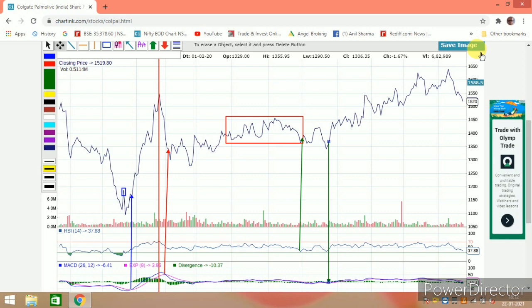Okay, when we say RSI 30, it means the prices are rock bottom. If it is nearly 30, it is okay. If it is below 30, we don't buy. We always buy above 30 only. And when you combine with MACD and moving averages, it works very well. You can check my videos also on this.